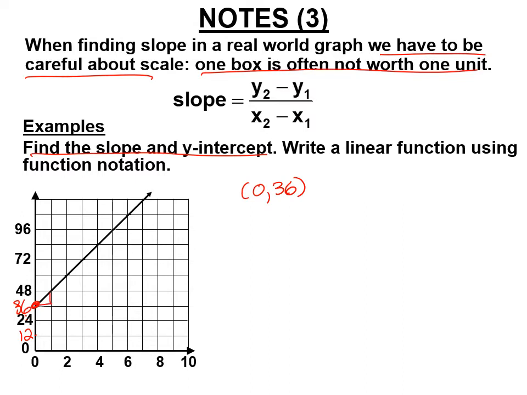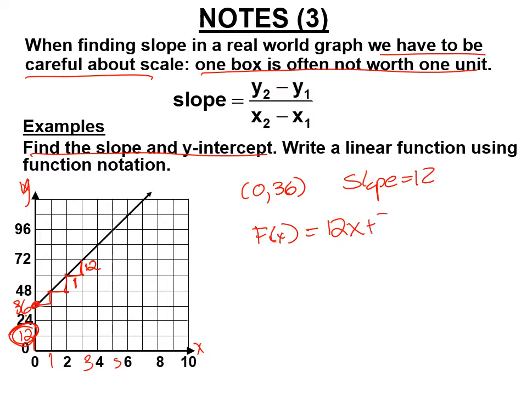Now, the slope here looks like 1, and it is not. Okay, why is that? Because we just said, and this number right here is going to be key every time, we just said one box is worth 12, right? Going up. Going along the bottom, on the run, one box is still worth 1. So what's the slope here? So the slope here is 12. So let's write, this is y, and this is x. But we're going to write f of x equals 12x plus 36